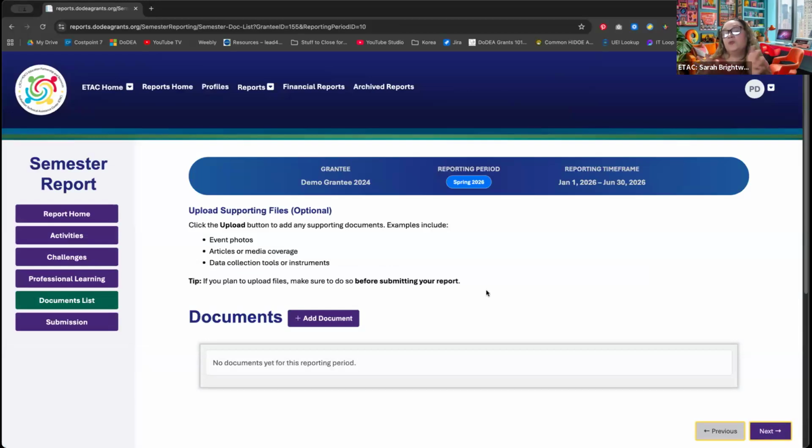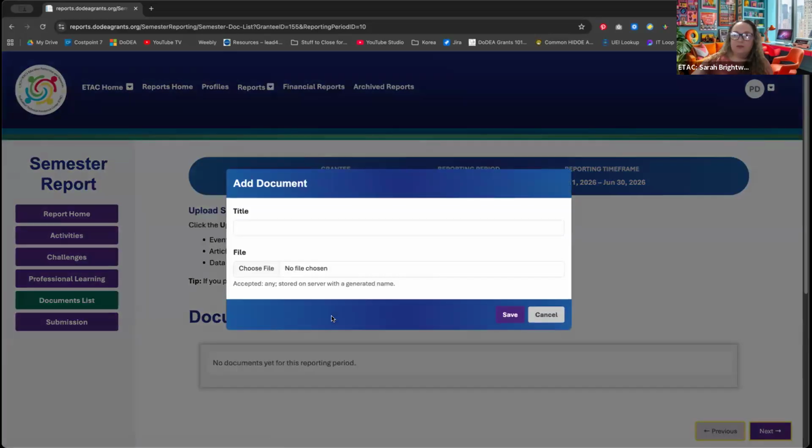At this point, you've really completed all the data entry into the system. That's it. Activities, challenges, professional learning. What you're going to do now is optionally upload some documents. You do not have to upload anything at all if you choose not to. It is completely fine. It is also completely fine if you want to upload some documents. So like I said, this could be photos, this could be articles, this could be links to things, whatever that might be. When you're going to do that, you're going to hit add document,